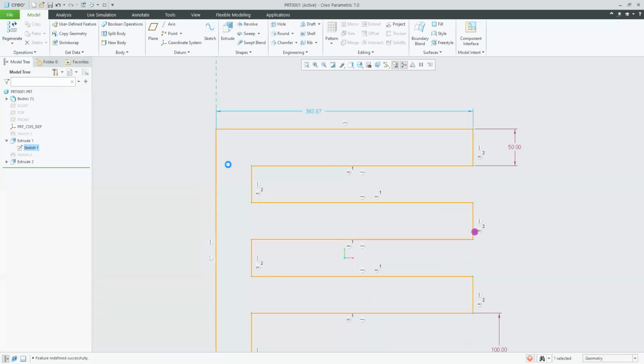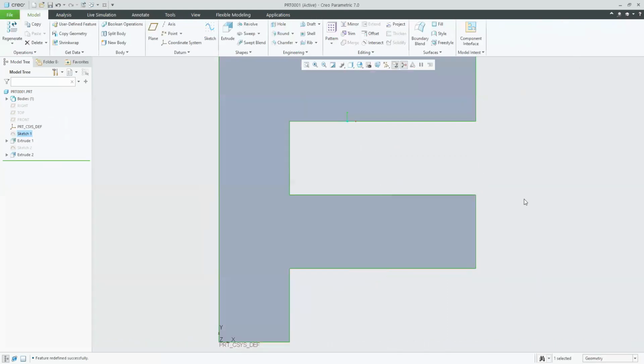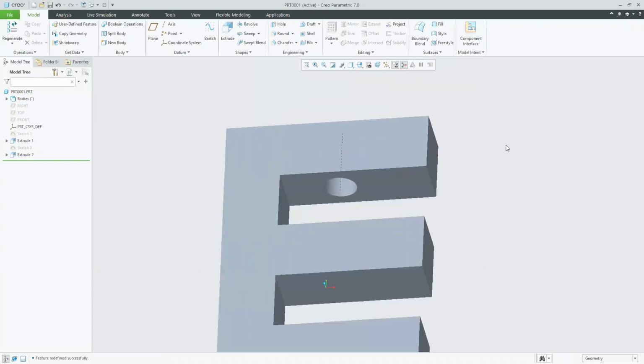Okay, fine. Now let's try to change the dimension. Edit definition, and let us change this to 100, what we did earlier. Click on OK. There is no need to change the hole dimension. Got it? Guys, did you follow? Yes, sir. So you should work in this way, smartly. Up to next surface, it will find the next surface and do the operation till there.